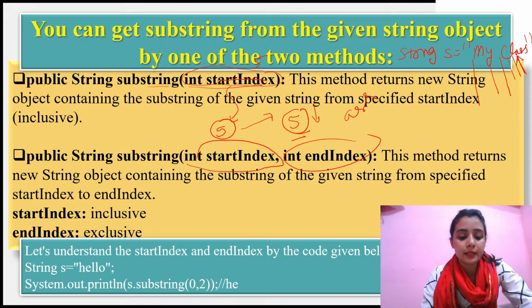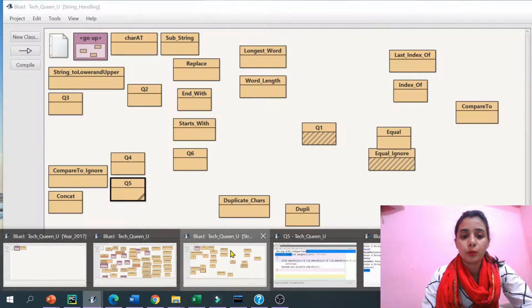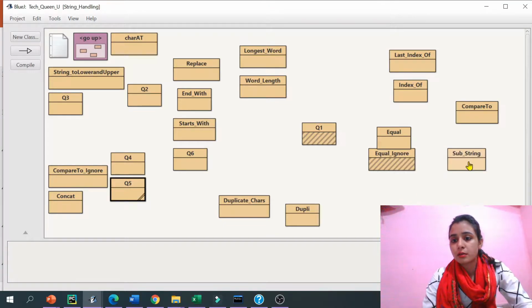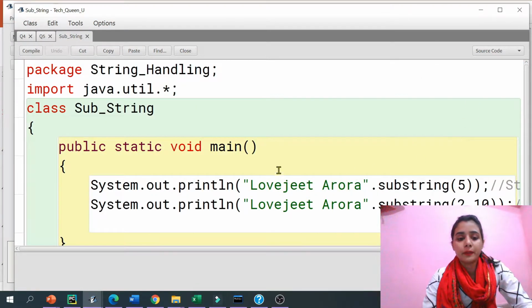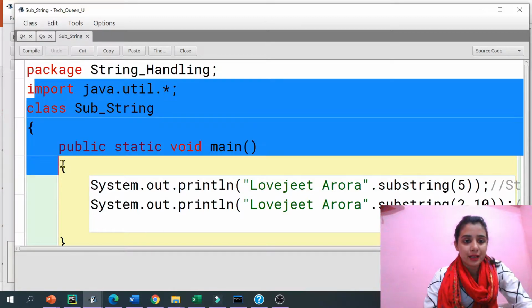Let's do it practically, then you get to know what exactly this is. This is my BlueJ window, and here is my substring program. Let us open that. Now this is my util package and my class main function.